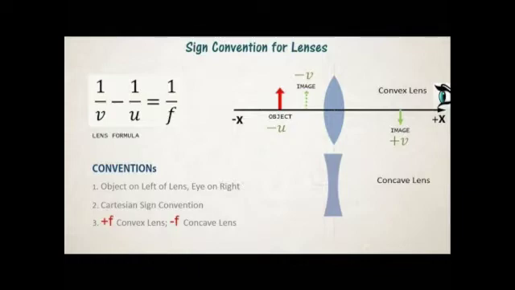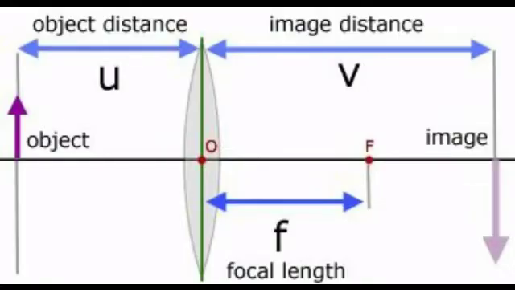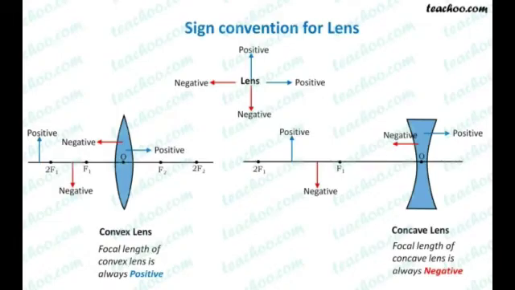We need to give utmost care while solving numerical problems related to lenses, in taking proper signs of different quantities. Sign convention. Cartesian sign conventions are used for measuring the various distances in the ray diagrams of spherical lenses. According to Cartesian sign convention, the object is always placed on the left side of the lens. All the distances are measured from the optic center of the lens.